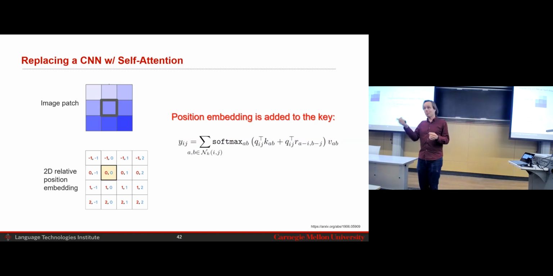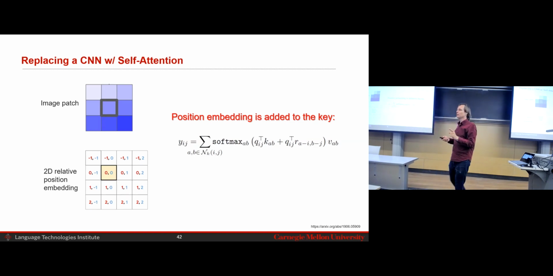Now a pixel or a patch will have a different position embedding every time it is compared with a different query. It takes a little while to think that way, although it can be done efficiently. But the intuition is that you have the query times